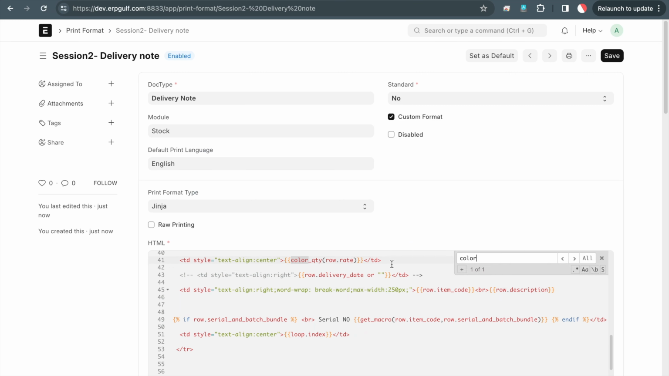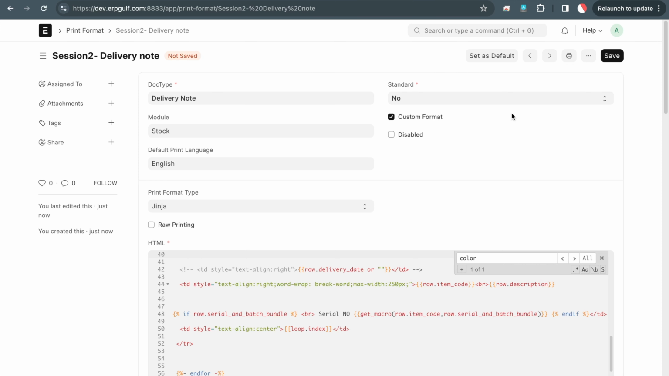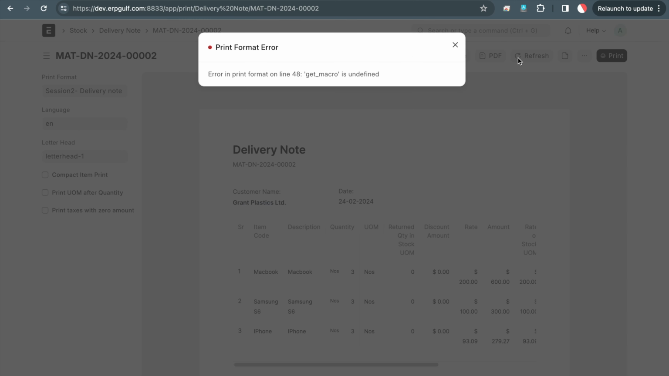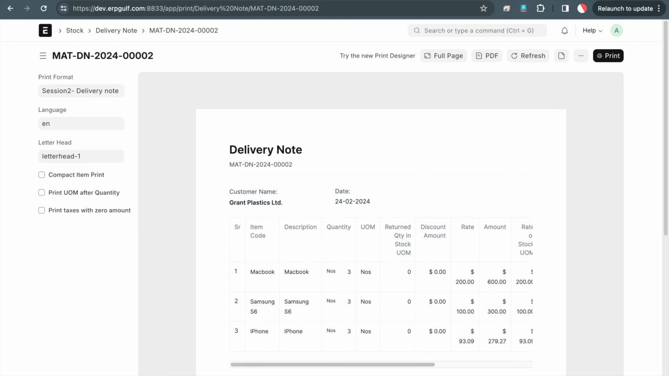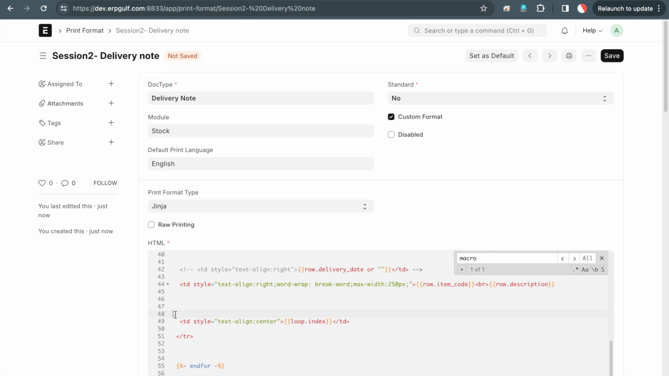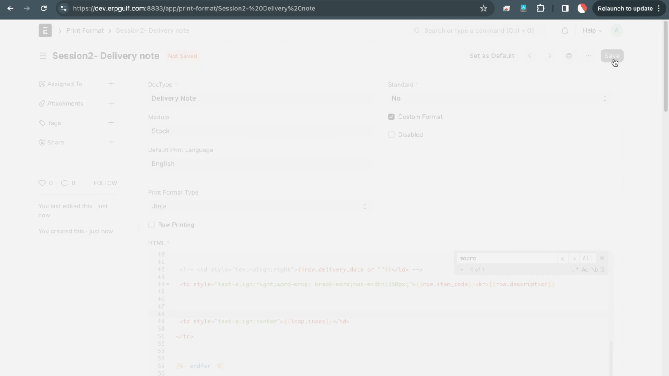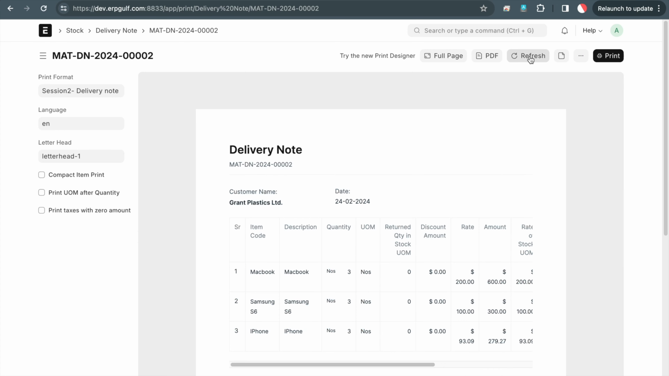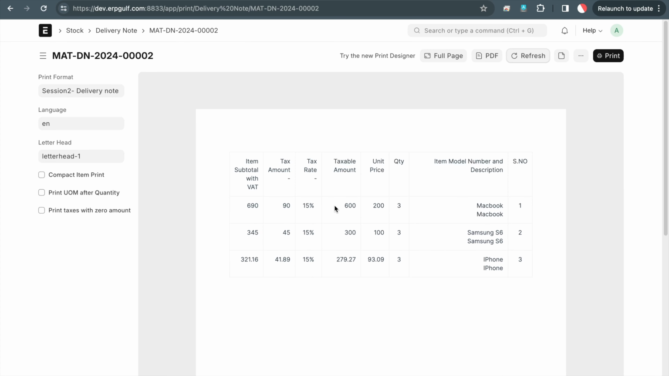I'll come back to that. So why am I removing it? Here, get macro, because I put a macro here. So I removed the macro. Here you can see it's an Arabic format, so it's from right to left, but regardless,